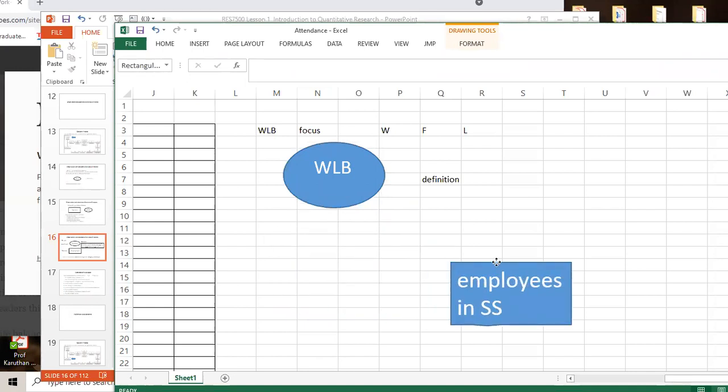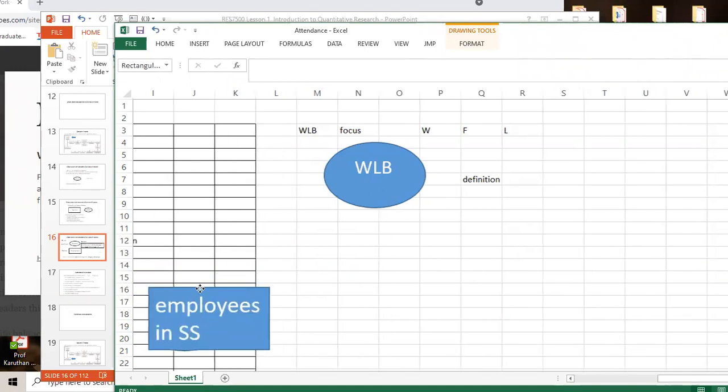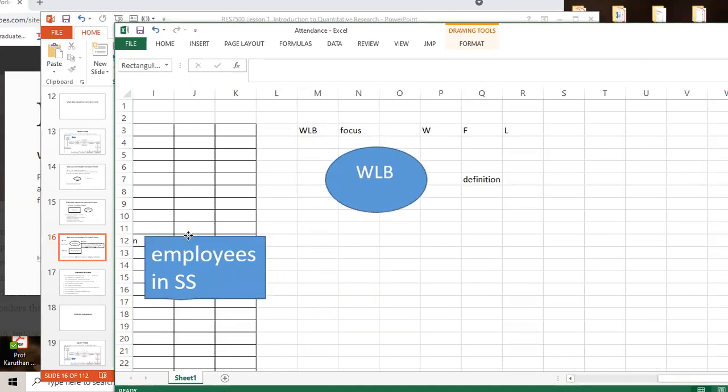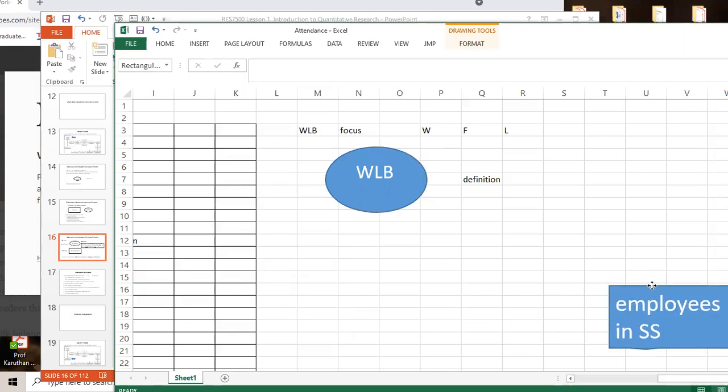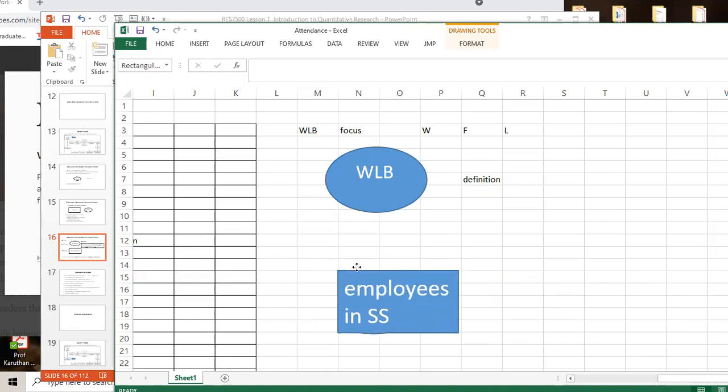Another person may say lecturers. Another person may say teachers. Another person may say bank staff. Same thing can be studied among different groups of people. Even the 24 of you in this class can all study work-life balance in different areas.